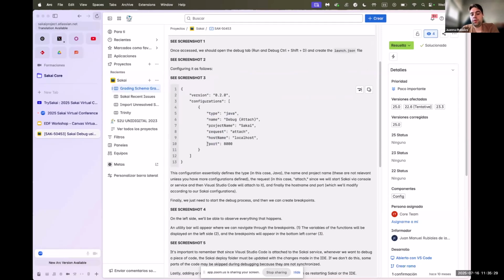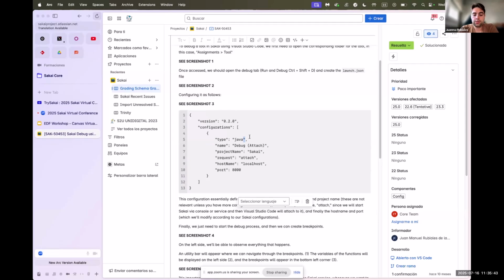As you know, if we put the port to 8000, we need to use it also in our Visual Studio Code. If we are doing development on our machine on localhost, we need to set the hostname to localhost. And lastly, we need to put the request to attach. So then we can access the code.